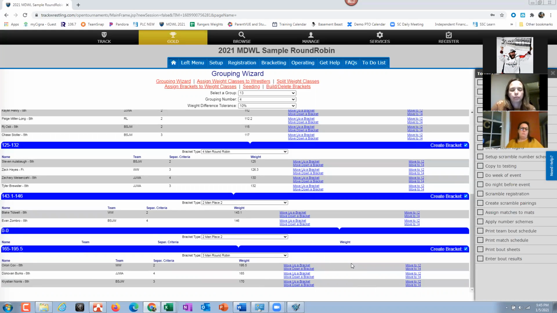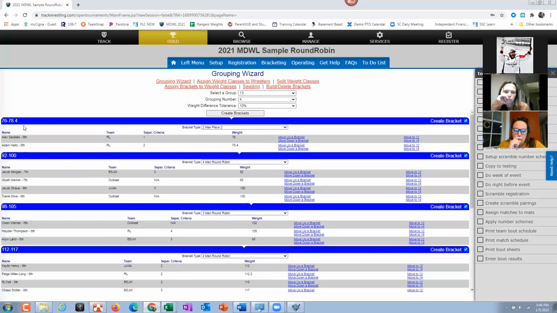Okay. Now, I do want to show you something, and this drove me nuts, and you got to be careful. It's not like pairing. So pairing kind of does like a medium save, and then you create the brackets at the end. This one, the only way this will stay is if I do build bracket, but once I build bracket, this disappears. So just to show you, if I now go to 12, and I'm like, oh, I want to check out the 12-year-olds to see, let's go back up here, I only have 76, 78.